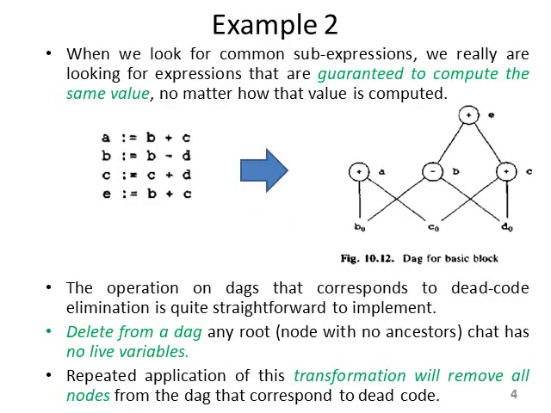Next example. Consider again a set of statements. You identify that the first and fourth statements look common in the right part, but actually they are not getting the same value. Not getting the same value means they are not computing the same value. Why? The reason behind this is that the third and the fourth statements depend on each other. How?